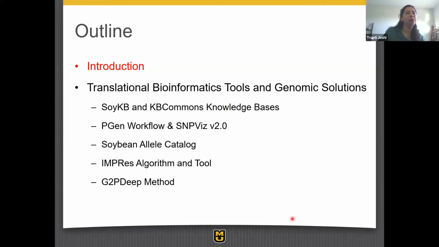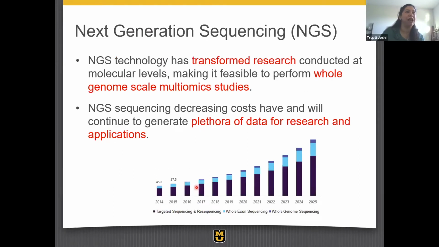So I would like to start with a quick introduction and then move on to touching upon a few of the developmental and publicly available tools and resources that we have built. You'll see me flip through a couple of slides pretty quickly, to give you an idea of how the flow goes. But I will be very happy to answer any questions towards the end.